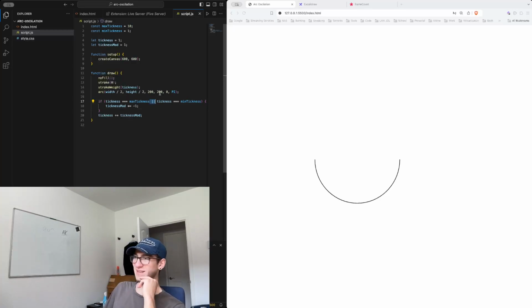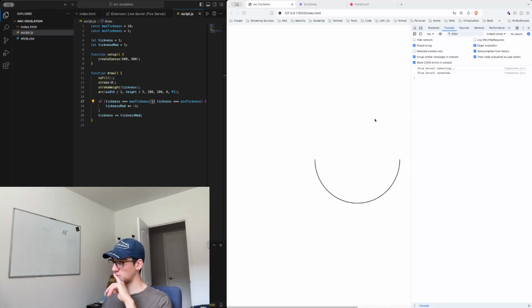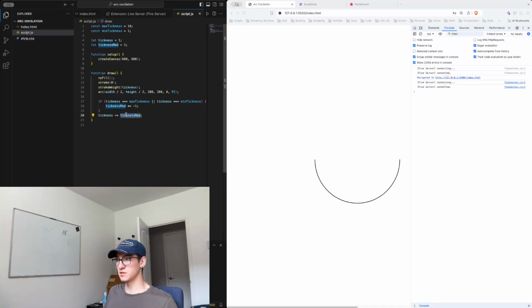Give me a second. It's not working. Why is that? Is it because 10 is too small? No, that should be fine. Let's see if we have any errors. We don't seem to have any. Okay, that's a bit frustrating. What's happening here? Let's do thickness instead of